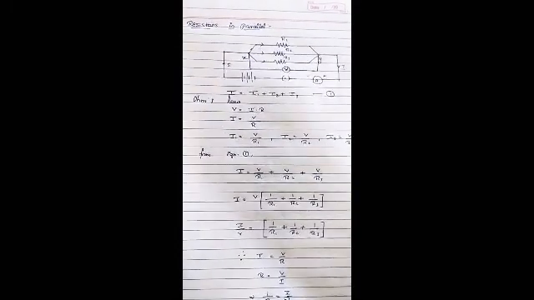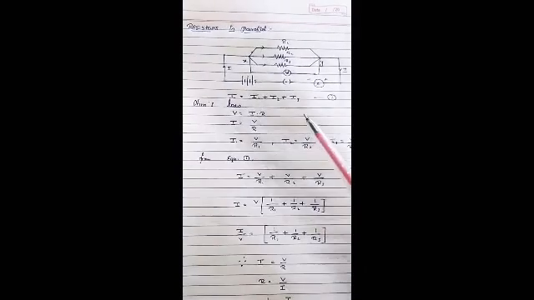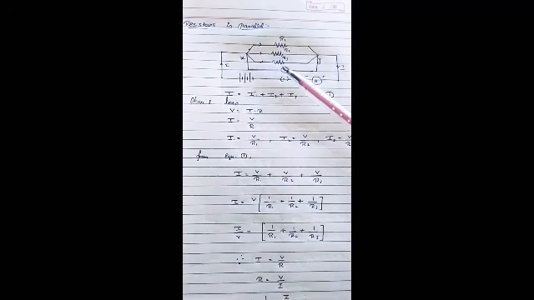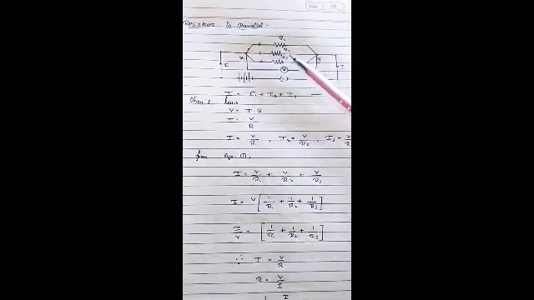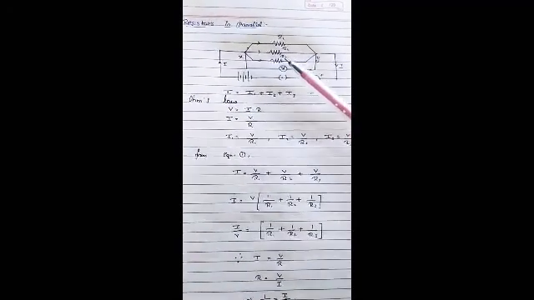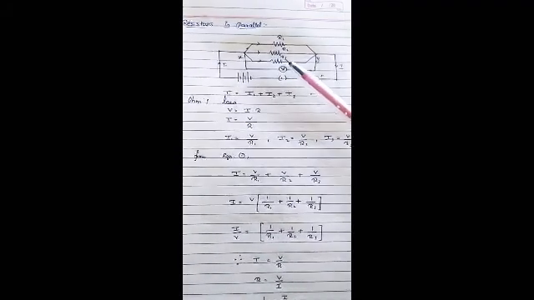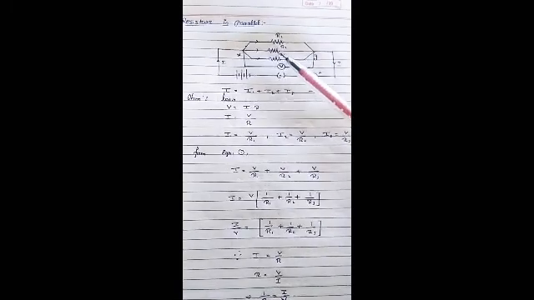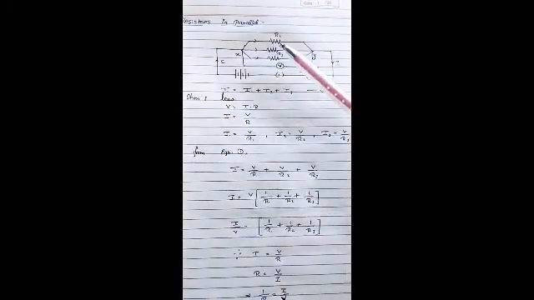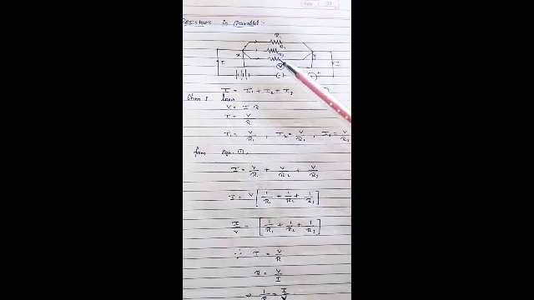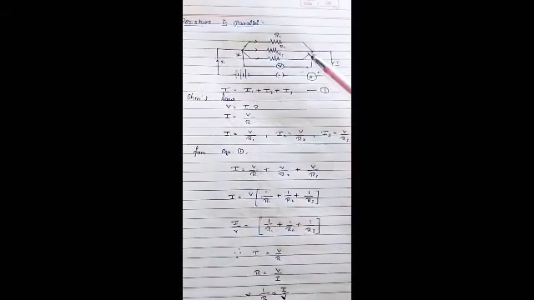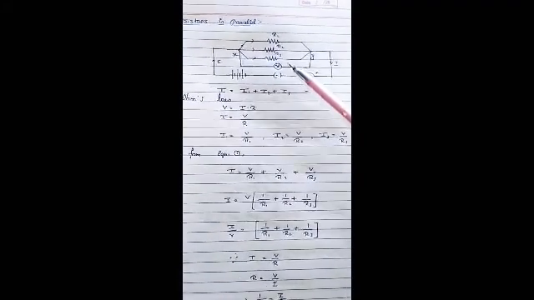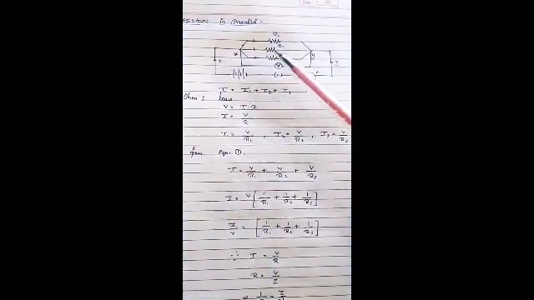Here is the circuit connection for resistors in parallel. Three resistors R1, R2, R3 are connected in parallel. You know the definition of parallel connection. Previously we discussed that a parallel combination means the resistors are connected together. R1, R2, R3, these three resistors are connected together, so it is called resistors in parallel connection.